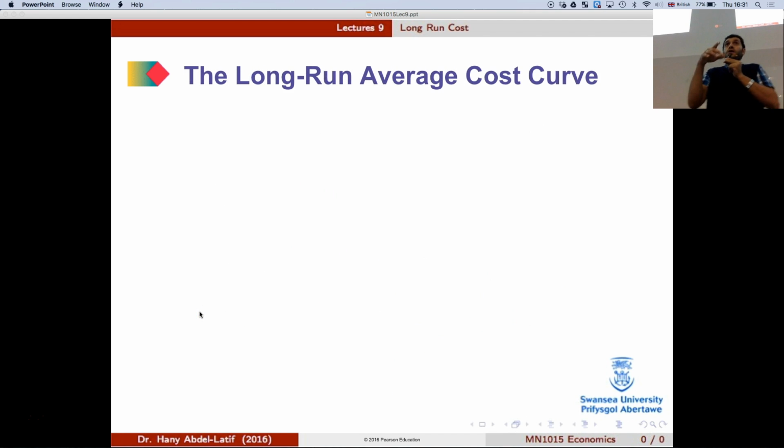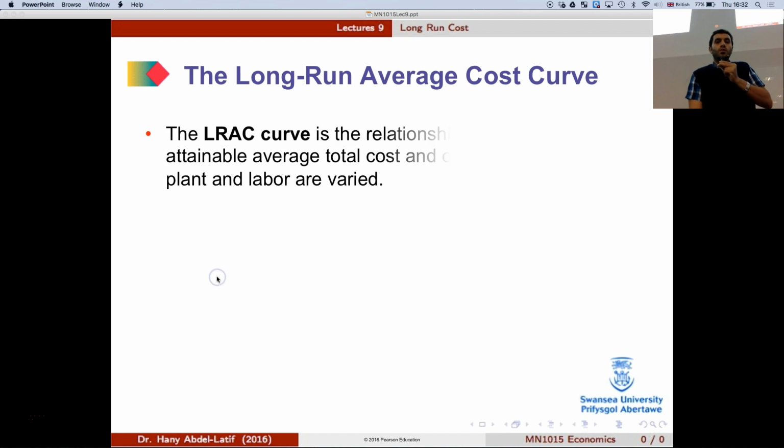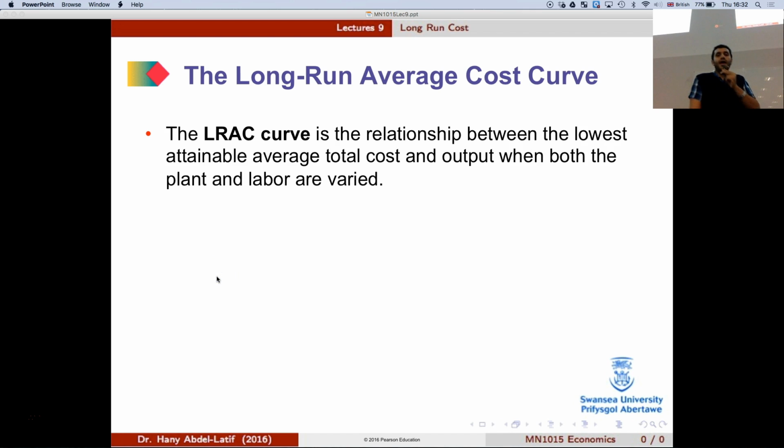Okay, so if we think that way, then for each output level, we could find that minimum point, and we connect these least costs together, given the different sizes we choose from, 1, 2, 3, 4, and this gives us what we call the long run average cost curve. So the long run average cost curve is the relationship between the lowest attainable average total cost